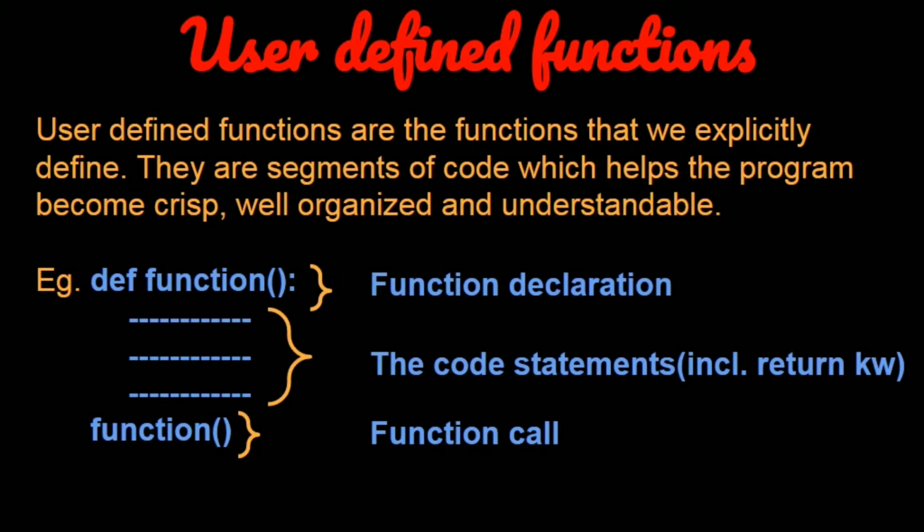Okay, so user-defined functions are basically the functions that you define, and you have to write your own explicit code for that. And as you can read on the screen, there are segments of code, just like inbuilt, but you cannot see them. You have to write your code here in this case, and your code becomes quite neat. And whenever you're working in projects, each member of the group can understand what is going on in your code according to each piece of code written.